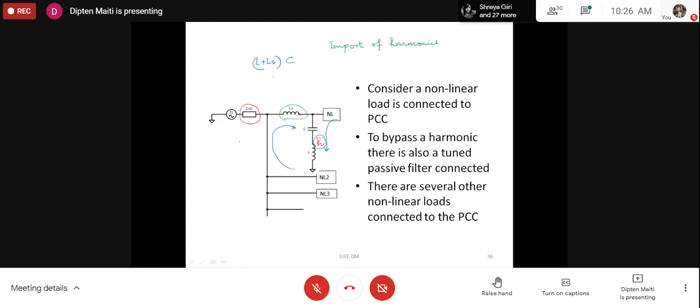To circumvent this, we need to select LS such that no LC filter combined with LS is tuned at any odd harmonic. Usually they are tuned at some frequency which comes in between one odd and one even harmonic. Sometimes they would be tuned at some even harmonic, sometimes at some frequency which is not tuned at any harmonic at all. This way we can restrict the other nonlinear loads from polluting, or burdening, the connected LC filter.